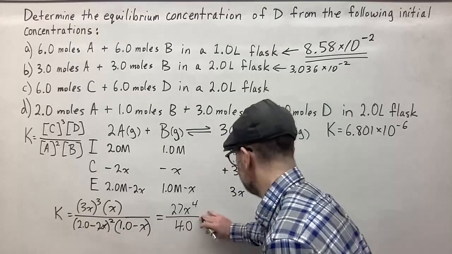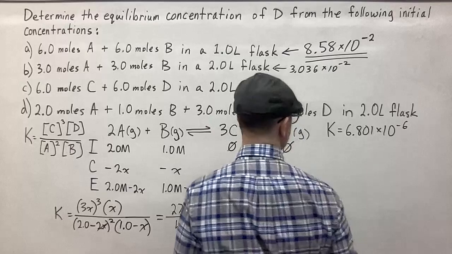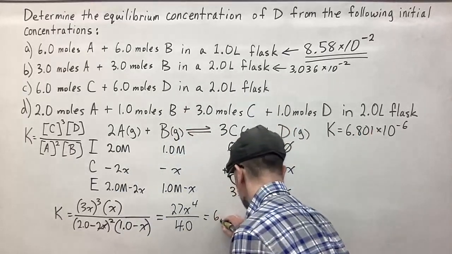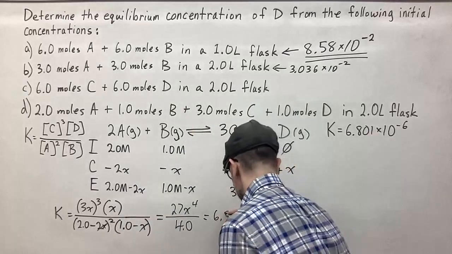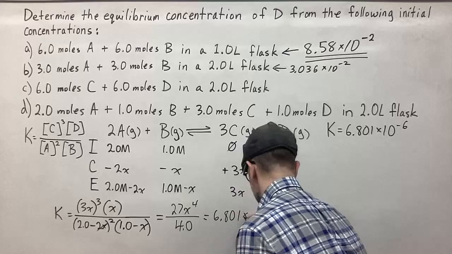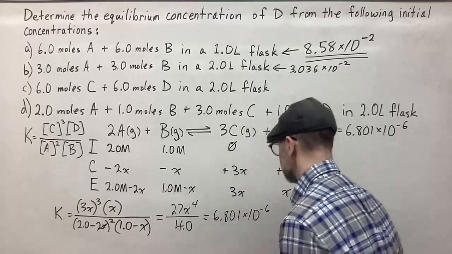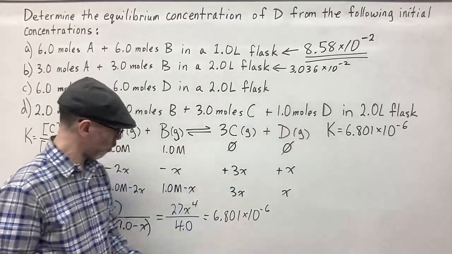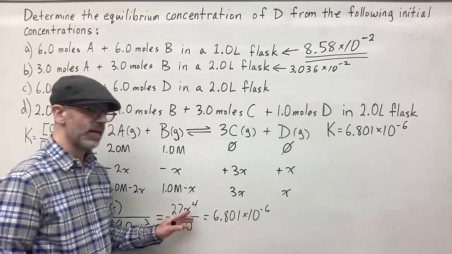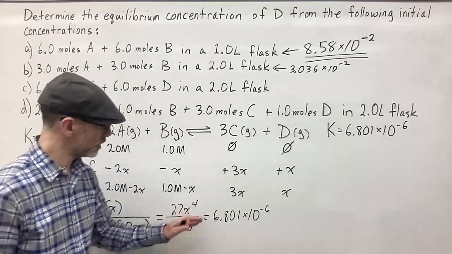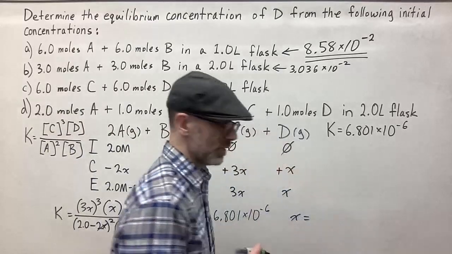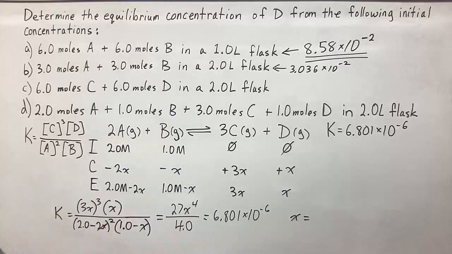And again, this is going to be equal to the K value here, which is 6.801 times 10 to the negative 6. So now all I need to do is multiply both sides by 4, divide by 27, take the 4th root, and then I should get x is equal to